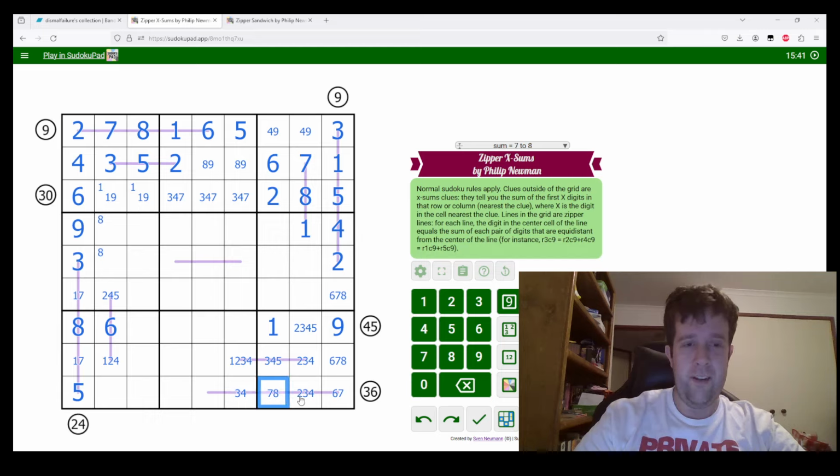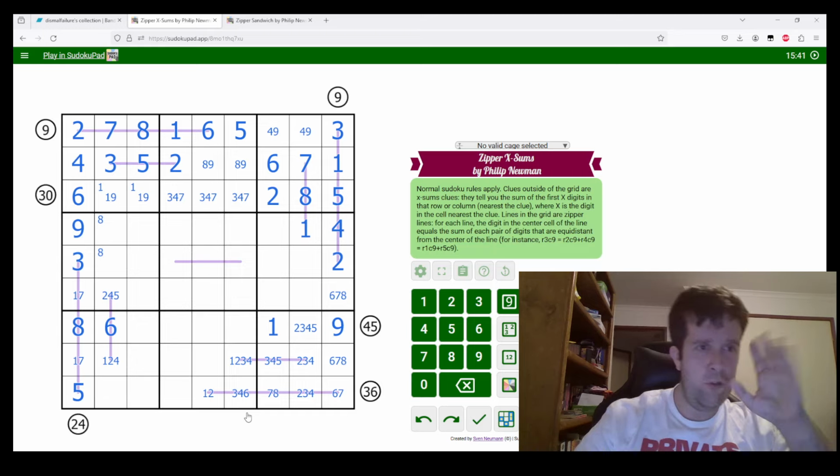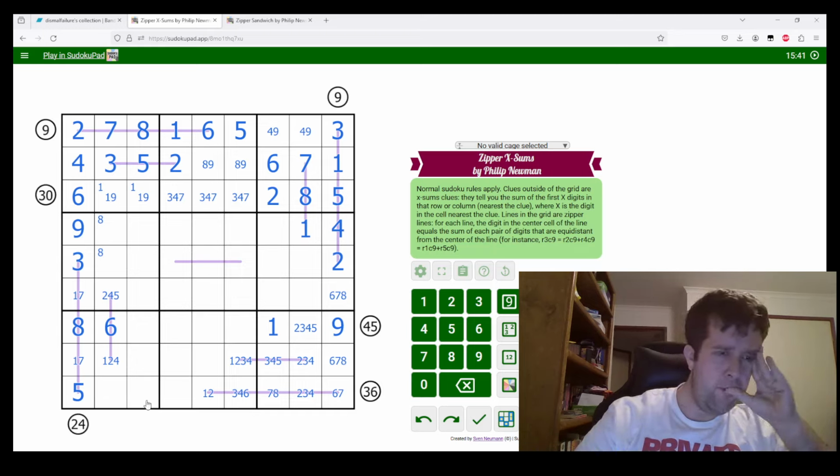Now, if this was an 8, it would need to have either a 2 and a 6. So I'll put a 6 in. 3 and a 5, and 4 would just break. Okay. Now, alright, and then here, this has to be either 1 or 2. Okay. Sure. Okay. So,